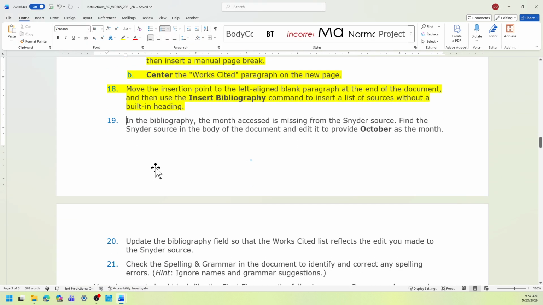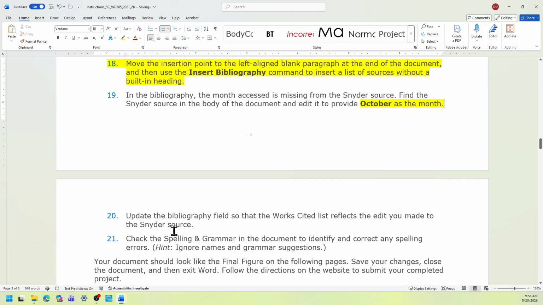Okay, and then step 19: in the bibliography, the month accessed is missing from the Snyder source. I'm going to find that Snyder source and then add the word October in the month. And then I'll go to the works cited page and update that bibliography.